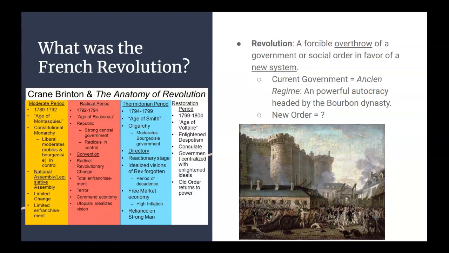The French Revolution is, well, let's start with the word revolution. A revolution is defined as a forcible overthrow of a government or social order in favor of a new system. A lot of you are probably asking, because this is your first time taking notes without me, I'm not even here, what do I write down? There's so much stuff. What is relevant? I know that's very hard for you to determine right now, but you can assume the things that are very relevant are the things that I write down, as I have limited words on this screen. And in addition, the things I repeat a lot.